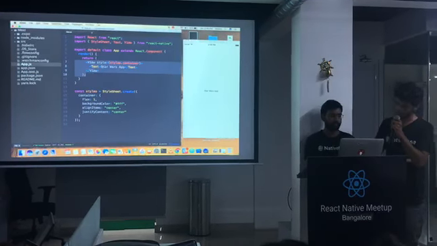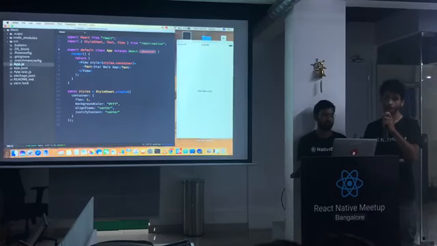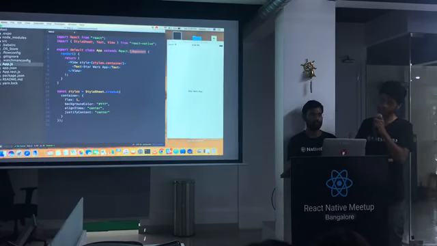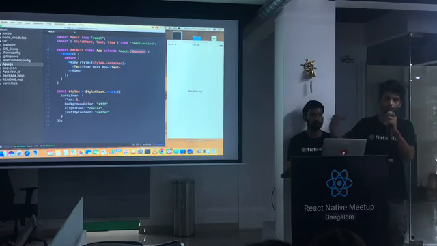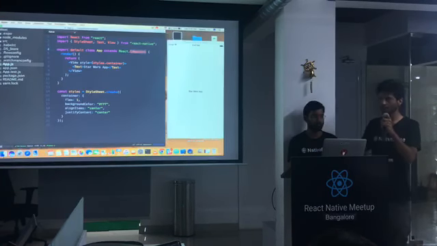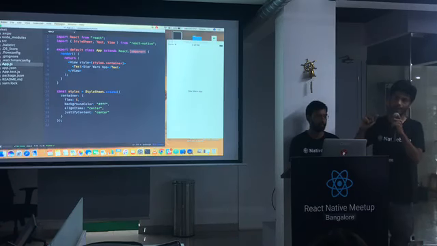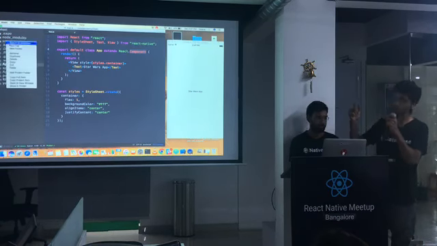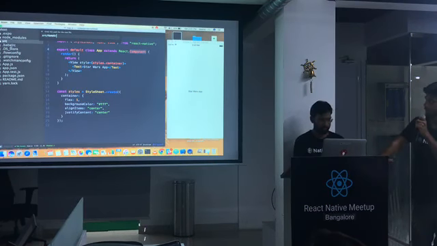As we go ahead, you'll see this interesting thing called a component. Anything that you can see on the screen is actually a component. Suppose you want two or three components, we can make two or three files, import them into our root, and then show them on the screen. We'd actually be making one component which would be our home screen. So we'll make a .js file and name it homescreen.js.